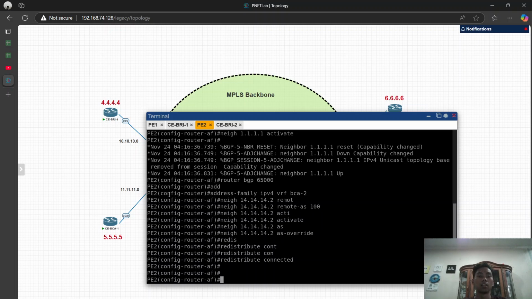Okay, we have the router BGP in PA1 and PA2 redistributing the configuration.